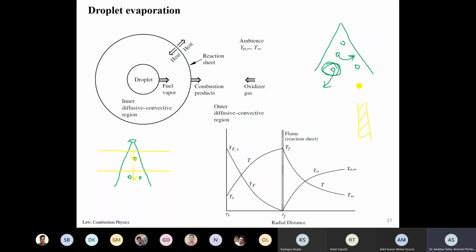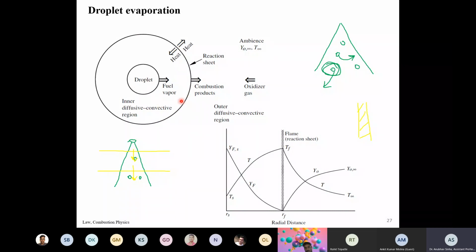When I talk about liquid fuel combustion, whatever chemical reactions we have discussed all happen in the gas phase. You see, this is your flame front, which is away from the droplet. There is no reaction happening at the droplet surface or inside the droplet. Combustion is here, this is your flame front. So all the combustion reactions take place in the gas phase. For gas phase, we need to evaporate fuel. We need to put it in a hot ambient so that it evaporates.